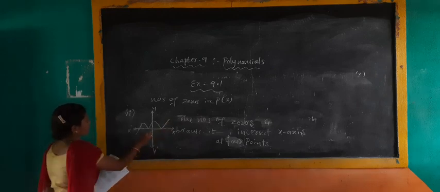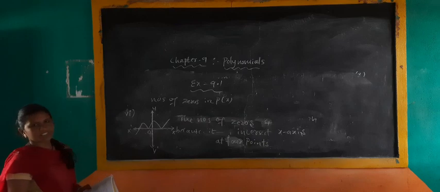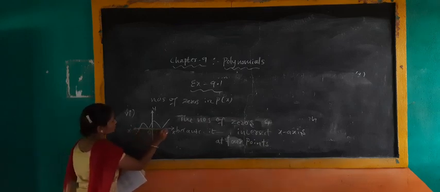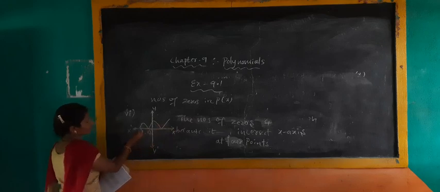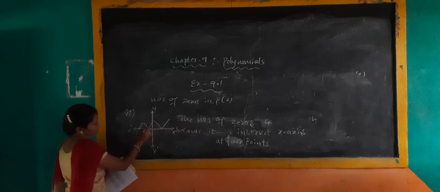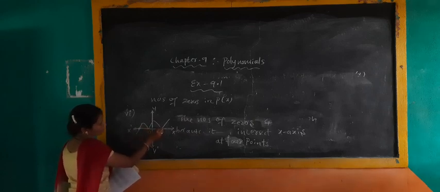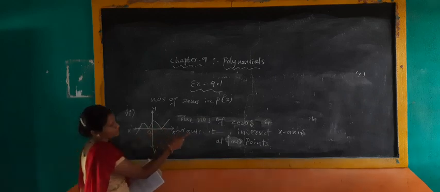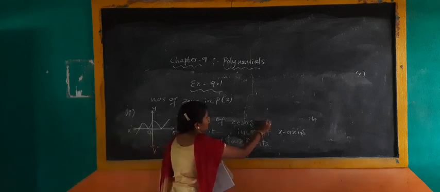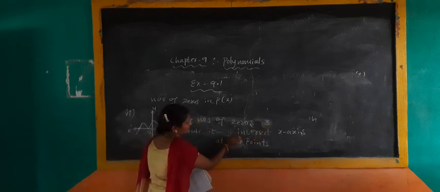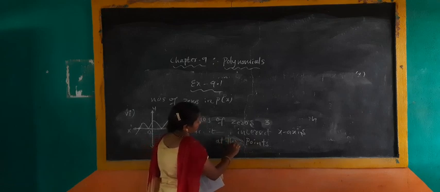See in this diagram, how many points intersect at the x-axis. Here see the x-axis only. Don't see the y-axis. Here the first is 1, and for both it intersects on one side only. It is 1, not 2. It is only 1 point intersecting, and here also only 1 point intersecting. Means here the number of zeros will be 3, and it intersects the x-axis at 3 points.